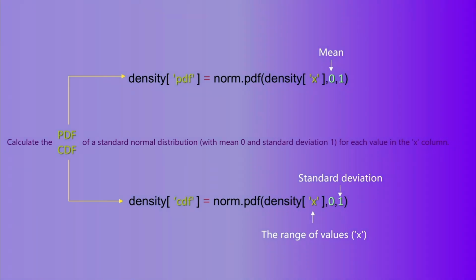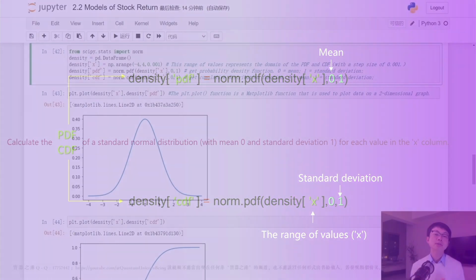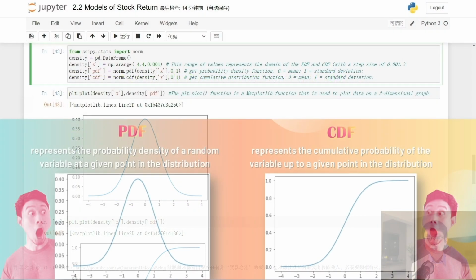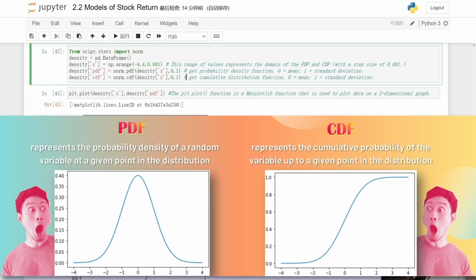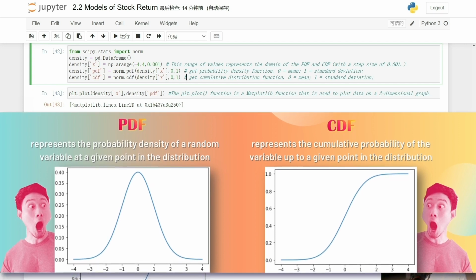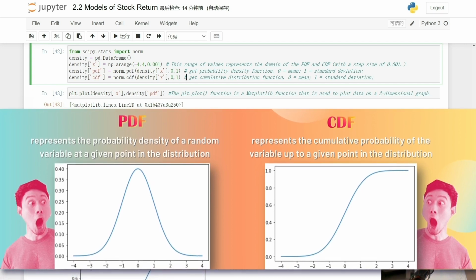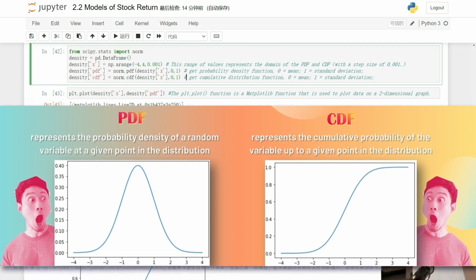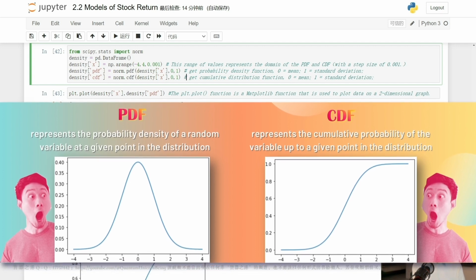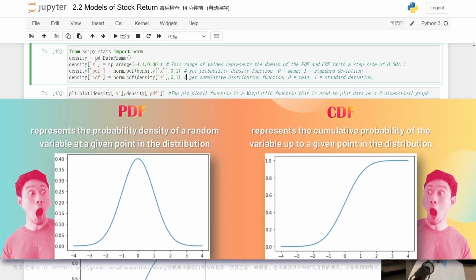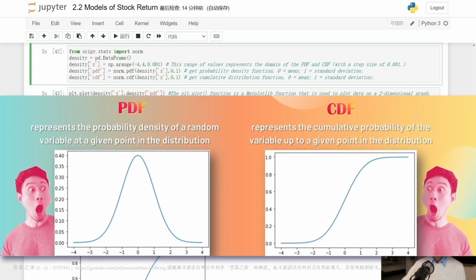So in terms of statistical concepts, this code demonstrates how to compute the PDF and the CDF of a normal distribution. The normal distribution is a bell-shaped curve that is often used to model random variables in statistics